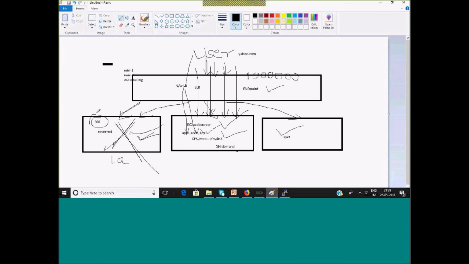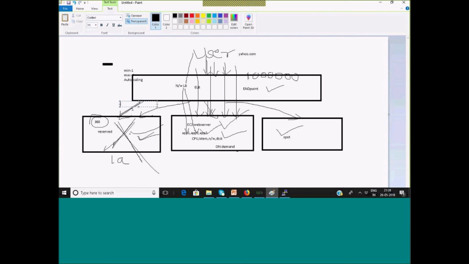If I disable connection draining, it will immediately close this connection. This connection will be closed and no more requests will be forwarded to it, and any request which was in the pipeline, in progress when this instance went down, will not be completed.